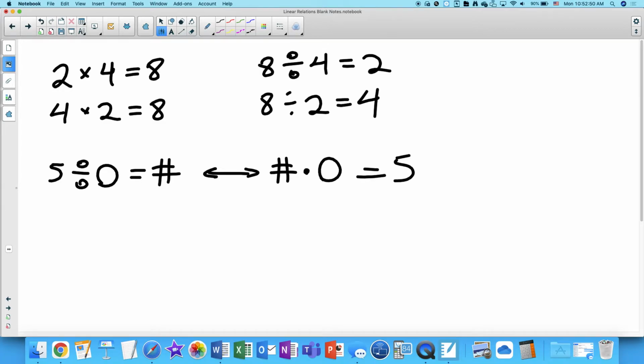Okay? That would be the analogous multiplication statement. Well, this is impossible because anything times 0 is 0. So on the left side, we have 0. On the right side, we have 5. Those two numbers are not equal to one another. Okay, so that's typically the explanation that I talk about when I'm looking at